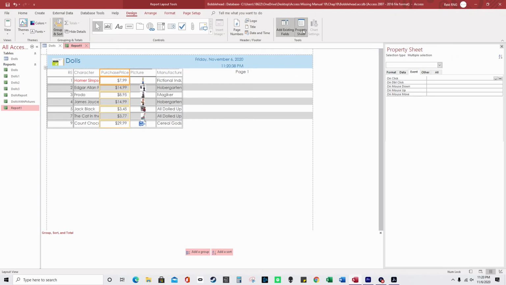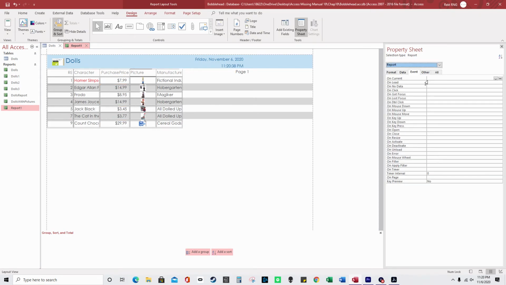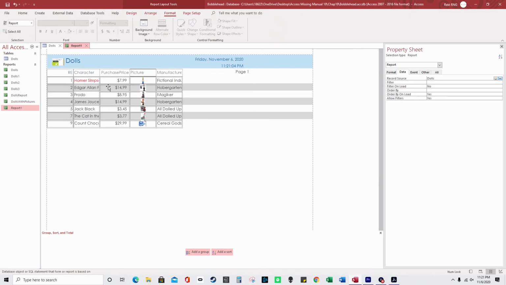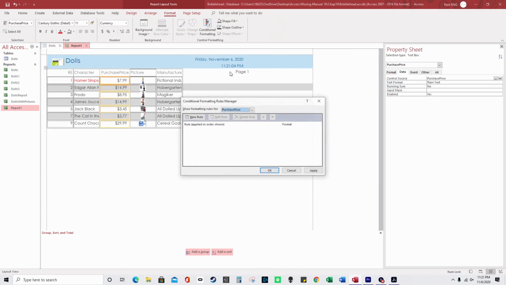And I'm going to go to property sheet, and I'm going to select report, data, and for the record source I'm going to do dolls. And now that I did that, under conditional formatting,